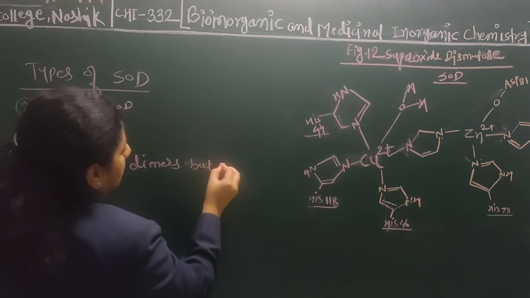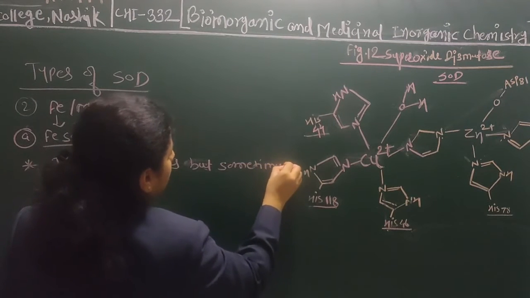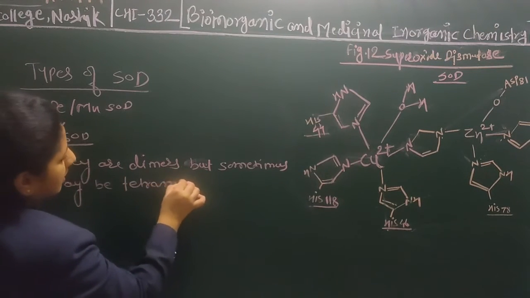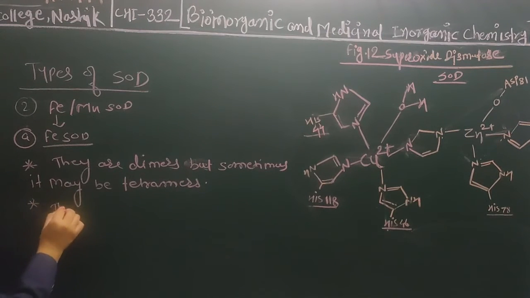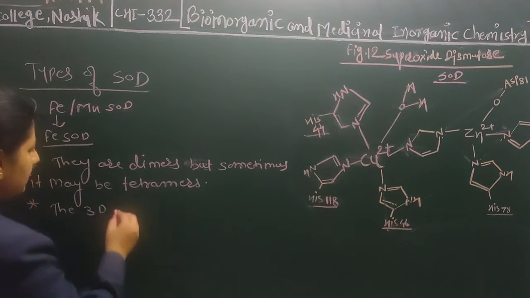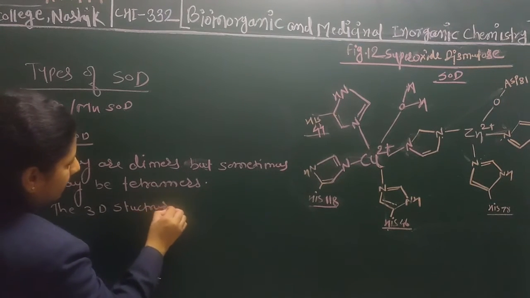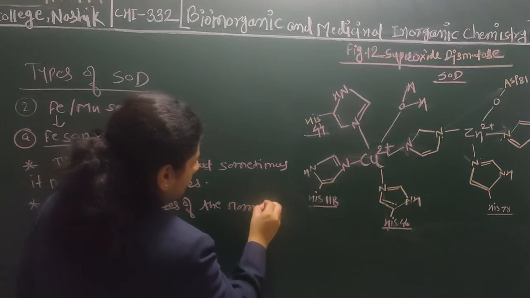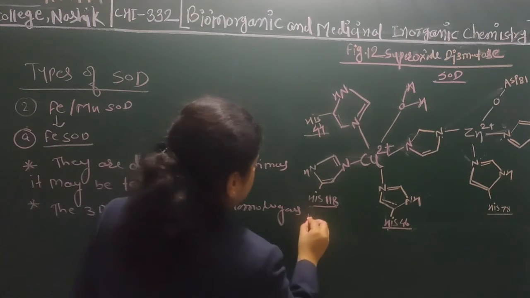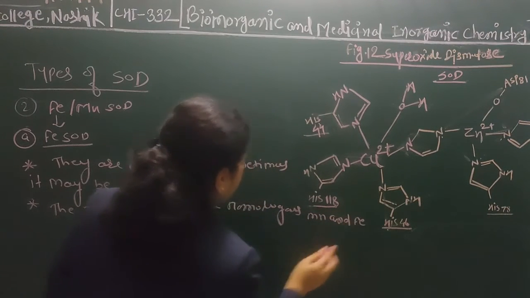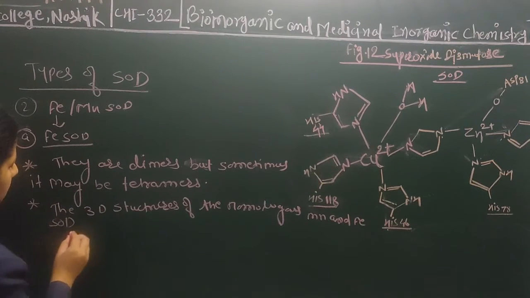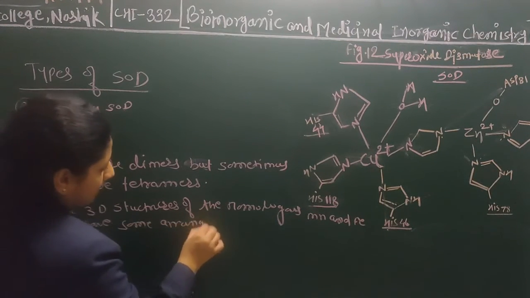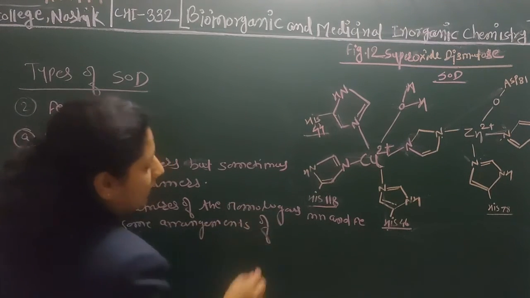But sometimes it may be tetramers. The 3D structure of this enzyme, manganese and Fe SOD, have some arrangements of alpha helix or